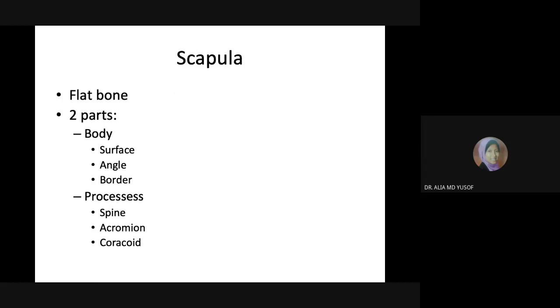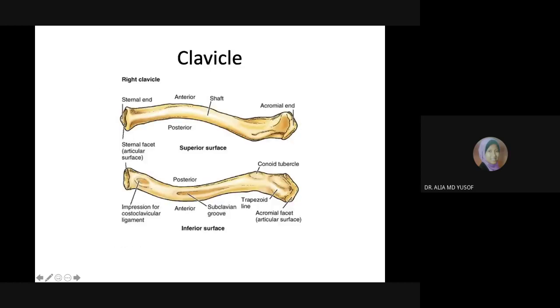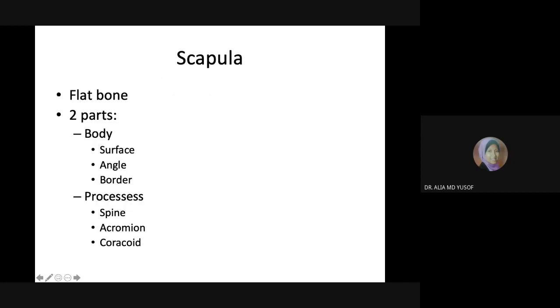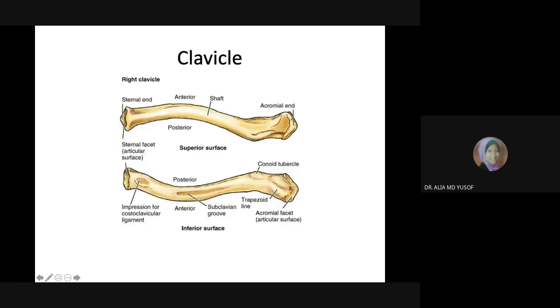Okay, now scapula is actually a combination of flat bone and also long bone. It has two parts, the body, surface, angle and border. Bordernya superior border, inferior border, anterior surface, posterior surface. Okay, and then processesnya, no, I'm talking about scapula. Now clavicle dah habis, clavicle simple sahaja. Okay, you kena tahu